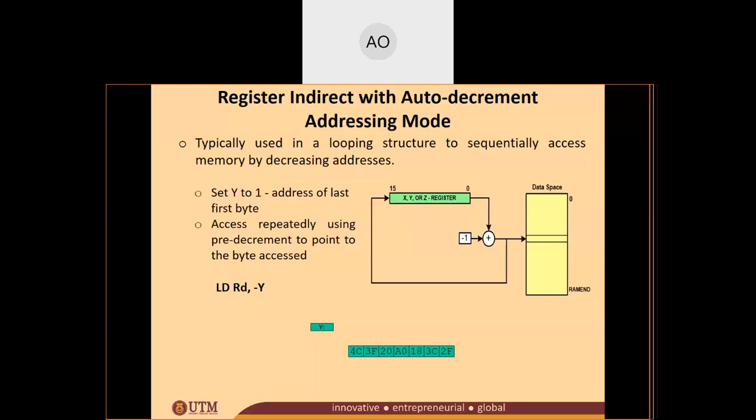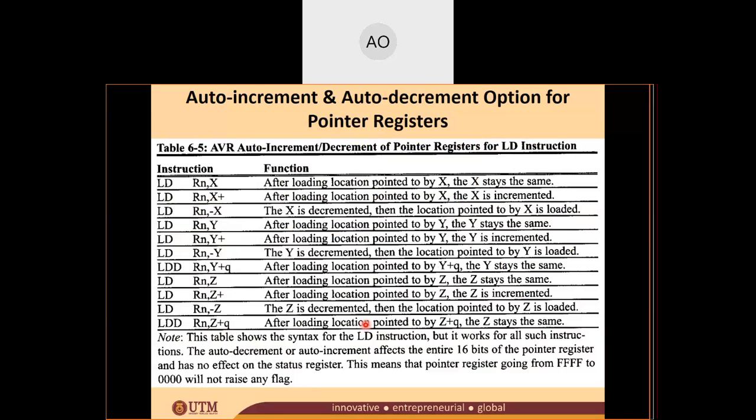Okay, so that's why we have the pre-decrement as well as the post increment. Alright, so this is the auto increment and decrement of the pointer register for the LD instruction. For the LD, this is for the LD lah. Then we have ST. For the LD, you see here, all of the pointer registers have the post increment and pre-decrement, except that,